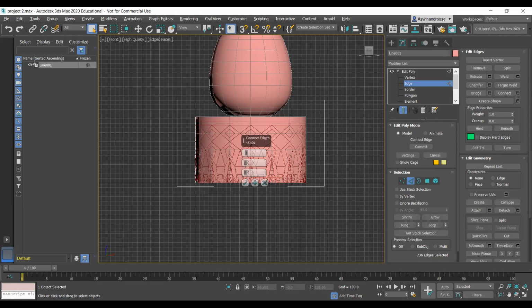I want to make 3 vertices, on the vertical lines, three on the vertical. Then why are you selecting everything? I just tried to select this much only. No, whatever you select, it will connect everything.